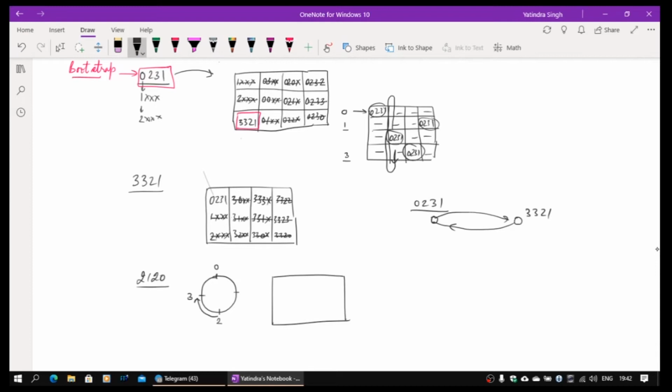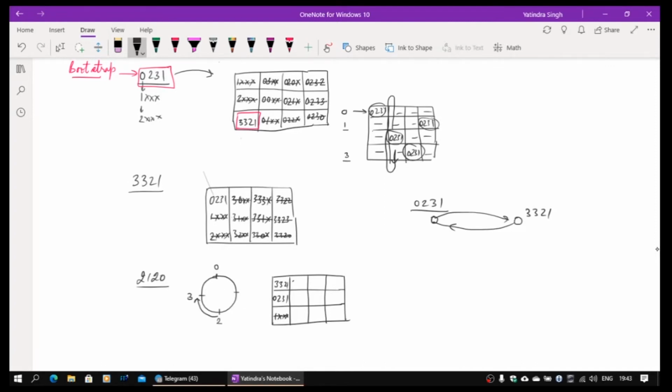Right. So now let's make the table here. 2120 will come to know of 3321, so it will immediately put 3321 as the next entry, which was blank earlier. And then 0231, after 0 it will come, it is 0231. 1xxx does not exist, it will be crossed.